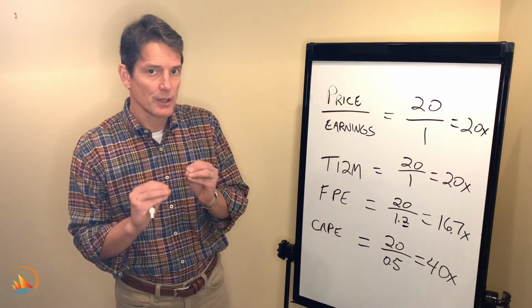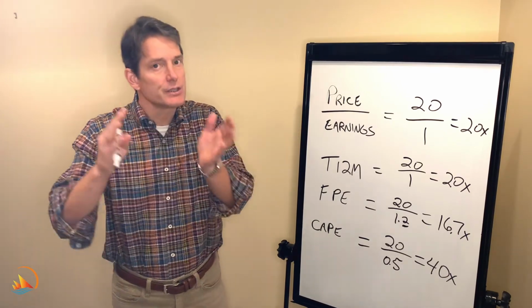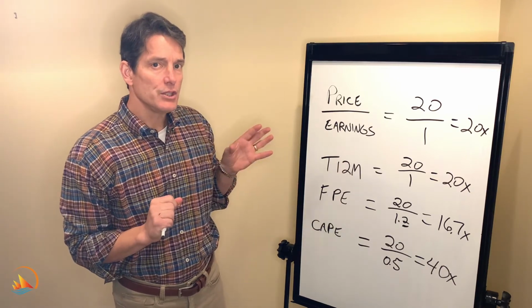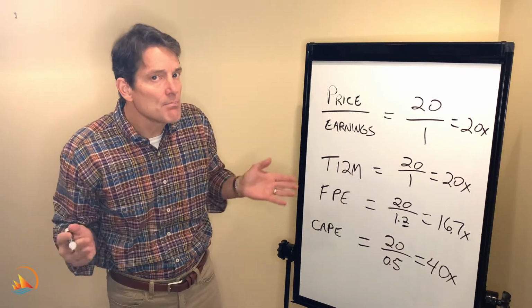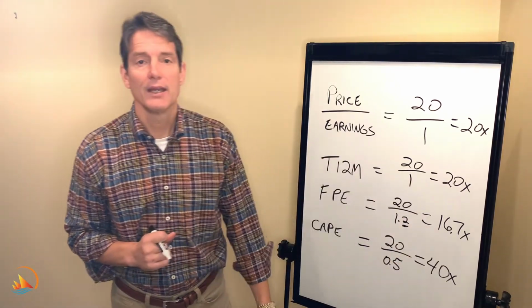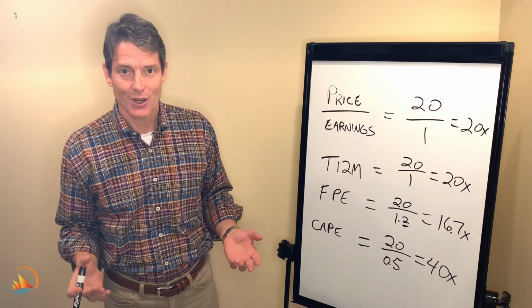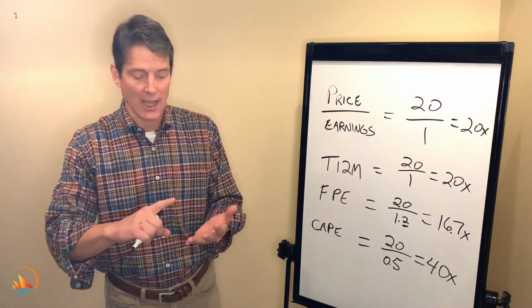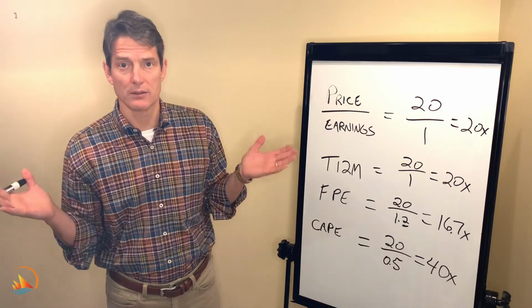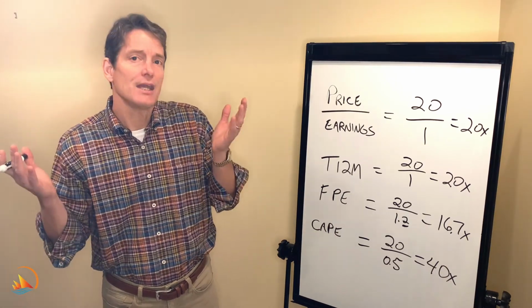Now, one other thing we ought to talk about, as I said, is that when you buy a stock, you're not just buying this year's earnings and next, all the way out in time. And there will be some stocks, when you see their PE ratio, you'll think somebody has made a mistake here, because the number isn't 20 or 16 or 40, it's 400 or 800 or 1,000. When you're talking about companies like DoorDash and Netflix and Tesla, the PE ratios look wild, and you're like, am I misinterpreting something? Is something going on? And the answer is no.